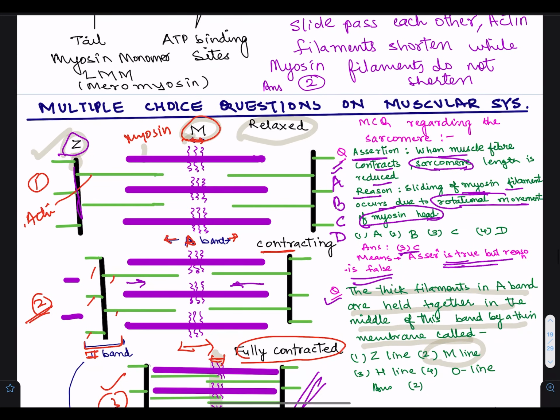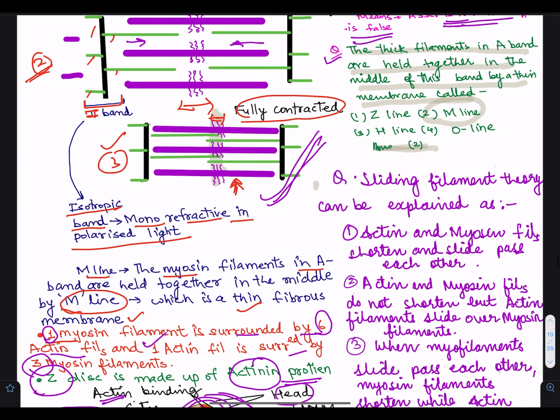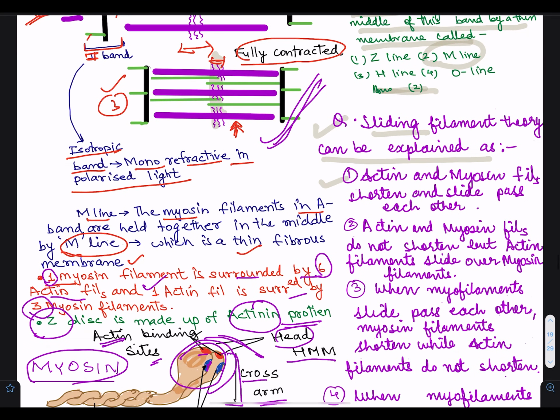Hence the answer is 2. Now next question, sliding filament theory can be explained as, answer 1 is actin and myosin filaments shorten and slide